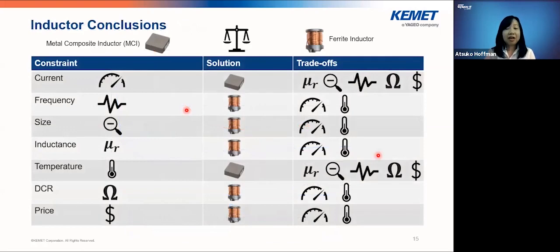We talked about a lot of inductors, but here is the summary. In this table, we have design parameters or design constraints, current, frequency, size, and so on, and then the suitable solution or suggested solution, either metal composite inductor or ferrite inductor. But each solution always has trade-offs. So we put the table together so that the designer can take a look. And this is not a Bible, but it's a guide to navigate which technology to use in the DC to